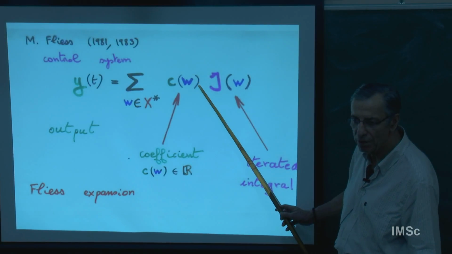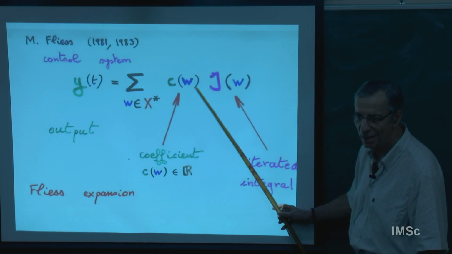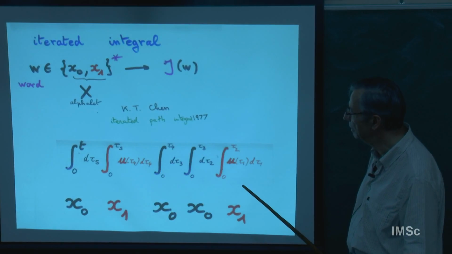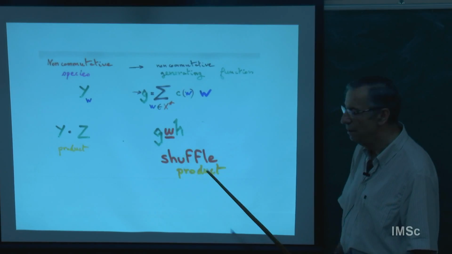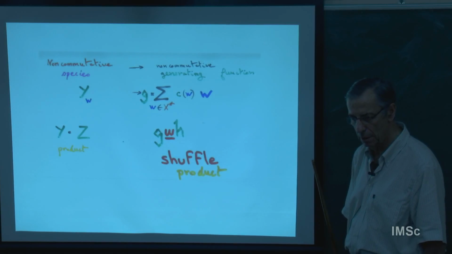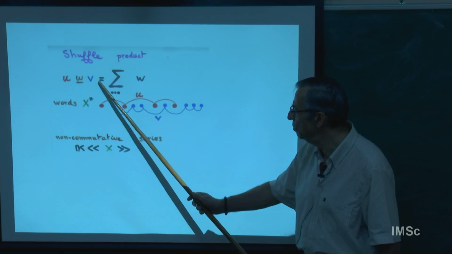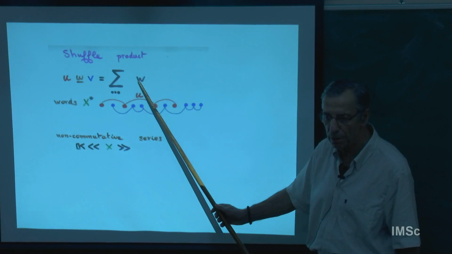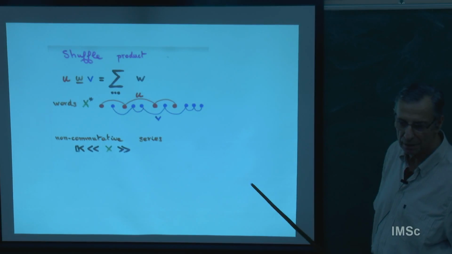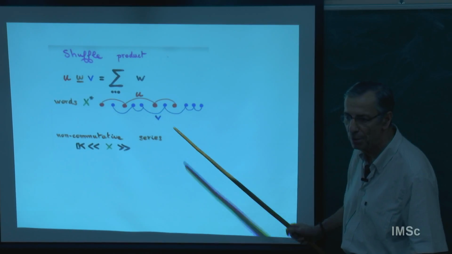And then you can solve this by the sum of all possible iterated integrals associated to each word, and he gives an algorithmic way to compute these coefficients by computer. So how to compute this coefficient? He says that this coefficient can be computed by using the shuffle product of two non-commutative power series. So what is a shuffle? For the shuffle algebra, when you take two words, you take the sum of all possible words that you can make by interlacing u and v. Typically you take some points, the number being the sum of the lengths of u and v, and then you take all possible ways to interlace u and v.